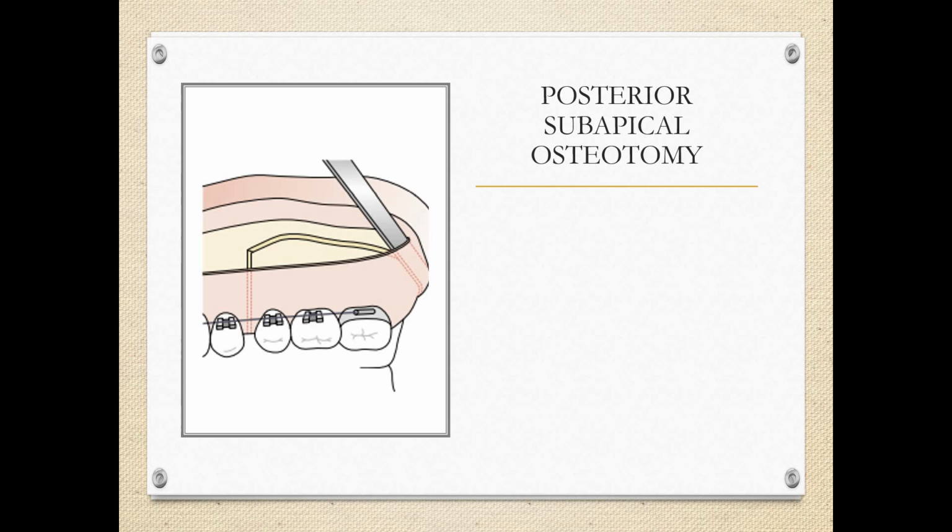Posterior subapical osteotomy is occasionally used for isolated correction of a unilateral posterior crossbite. And following Le Fort osteotomy,